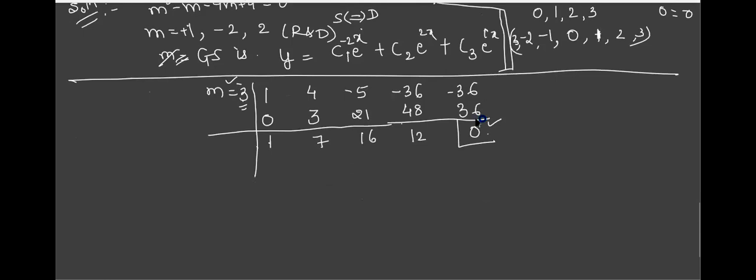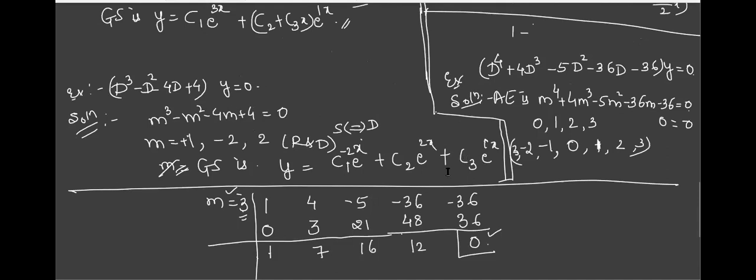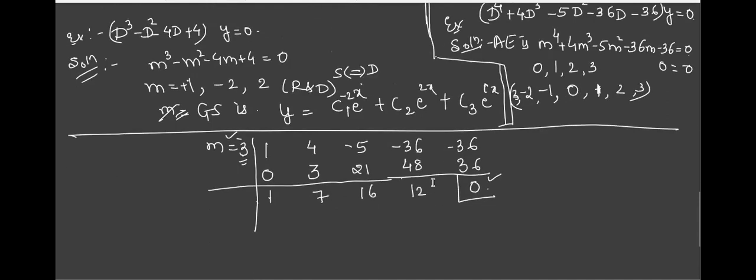Now, next, here you should write this equation, which is called the reduced equation. Reduced means here the power of m was 4. Now it will reduce to power 3. It reduces 1 by 1. So this is the coefficient of m cube. This is the coefficient of m square. This is the coefficient of m. This is the coefficient of the constant. Because one of the coefficients you are making 0 means your equation reduces.